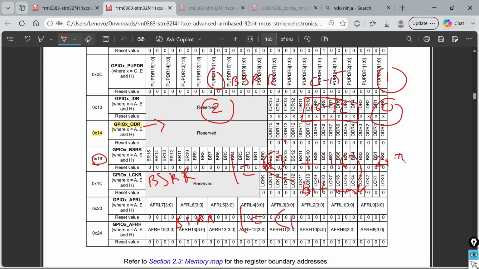Let me write it clearly. One shifted, a logical shift, to the place of 13 plus 16, because this offset you will only use when you have to write 0. Now say you have to write 1, in that case you simply don't use the offset, as simple as that.